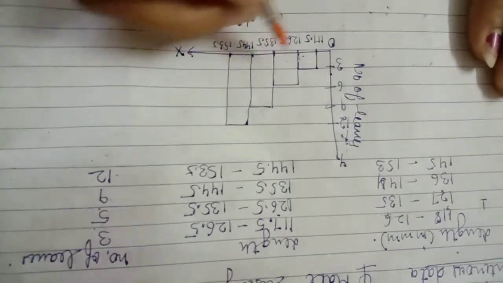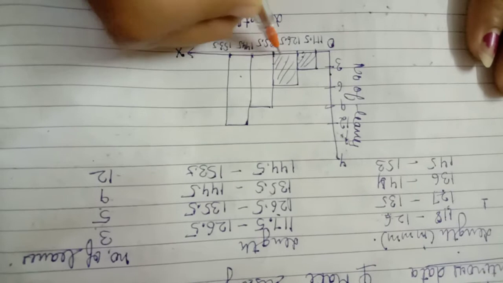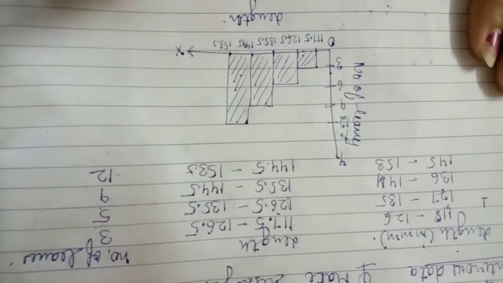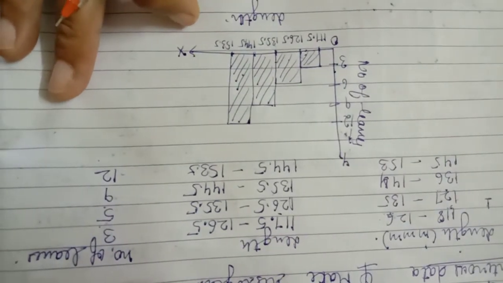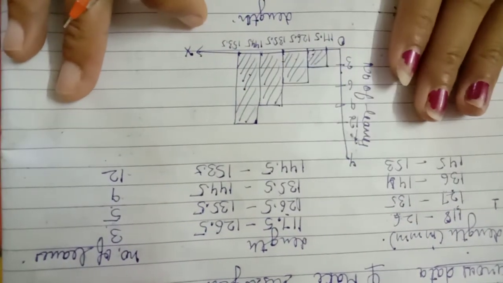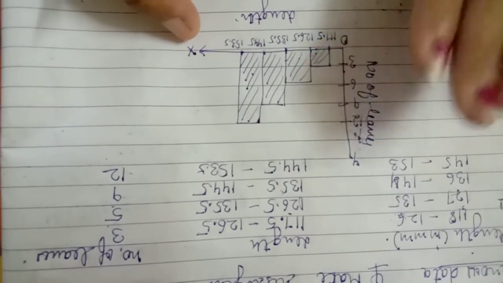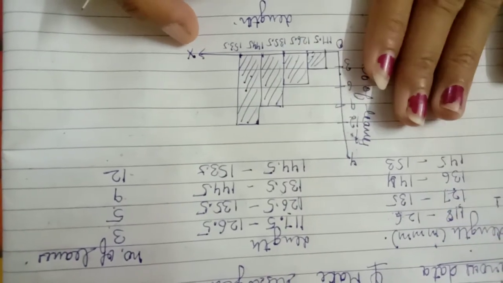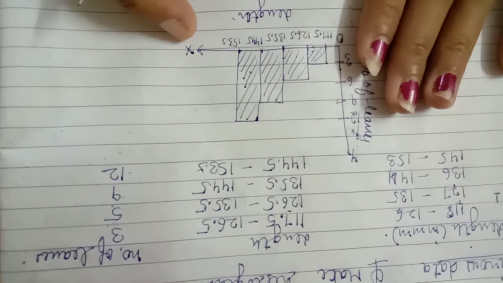Is it okay? This is a histogram and you have to color it in different ways as usual if you want. Okay, whatever you do. Okay, this is your topic and you have to make it very neat and clean in your notebook. If any confusion, write in the comment section of this video.